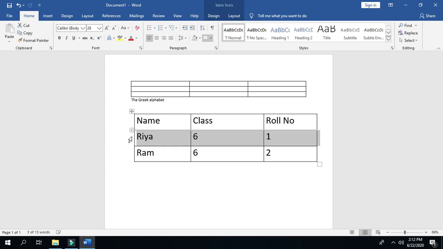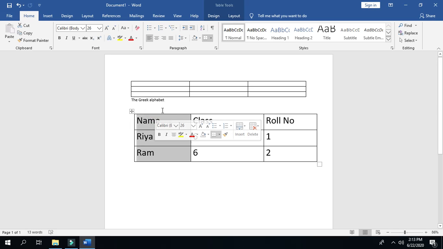Next topic is selecting an entire column. If you want to select an entire column, then place the mouse pointer here and quickly click with the mouse. See, with this, the entire column is selected.